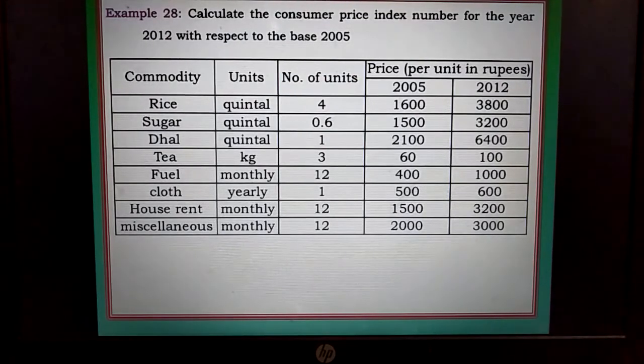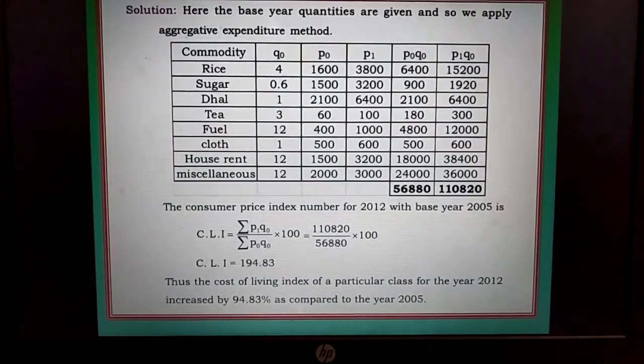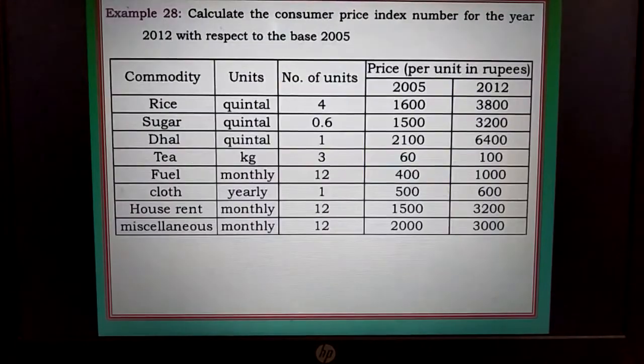Solution we shall observe in the next slide. Here the base year quantities are given. Look at the question. Here number of units would have been given as the base year also, that has not been printed here. It is base year number of units. So base year number of units is nothing but Q0, because units are quantities, they are Q. Once when they are there as base year, it is Q naught. So these are Q naught, this is P naught, and this is P1.